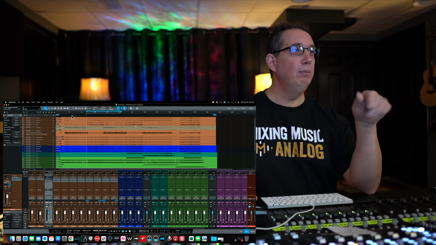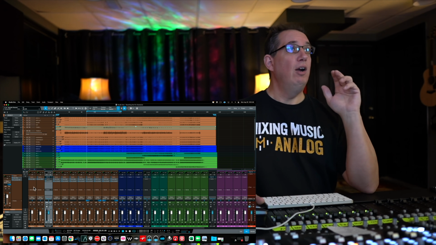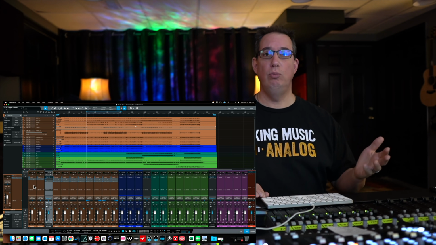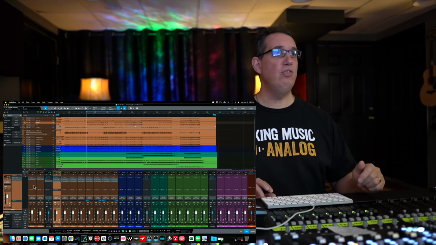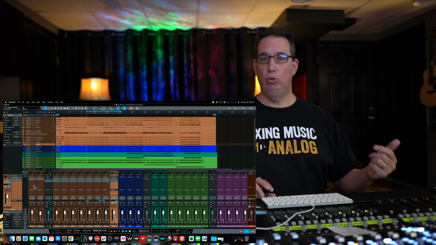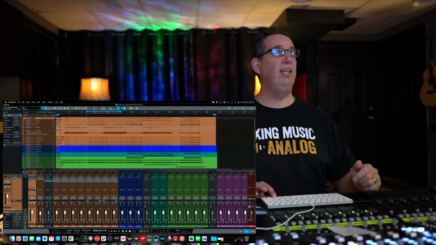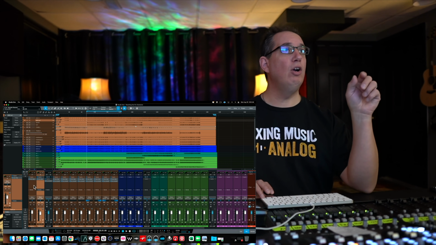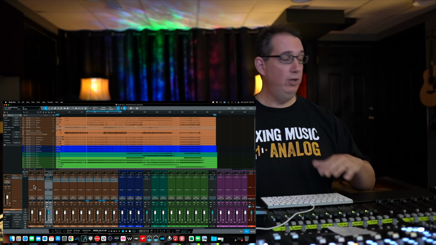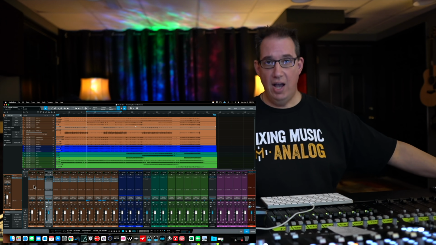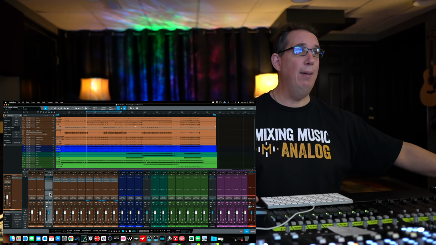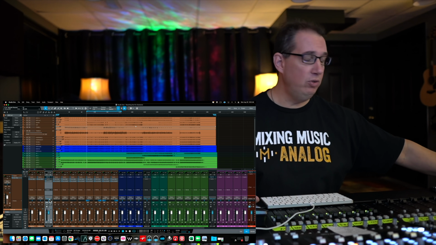So in our DAW here, we have our drum kit down here in brown. We have our kick in and our kick out, which goes to a group track, which we'll talk about in a second. We have a snare track, a hi-hat, toms left and right. We have an overhead left and right, and a room left and right. As you can see, my kick tracks are going to a group track. The reason for that is that group track is now being outputted to one single fader on the console. So kicks go to a group, or a bus, and that bus gets routed to the kick out output, which comes on the board.